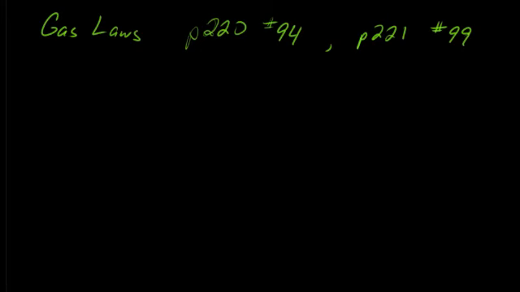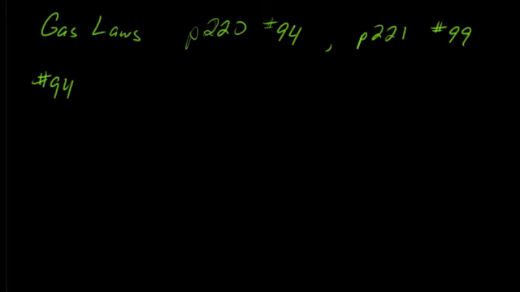All right, so 94: a healthy male has lungs with a volume of 6 liters that fill with 0.28 mole of air when he inhales. After he exhales, the number of moles of air in his lungs decreases to 0.20 mole. What is the volume of air in his lungs after he exhales, assuming constant temperature and pressure? All right, so this number 94,